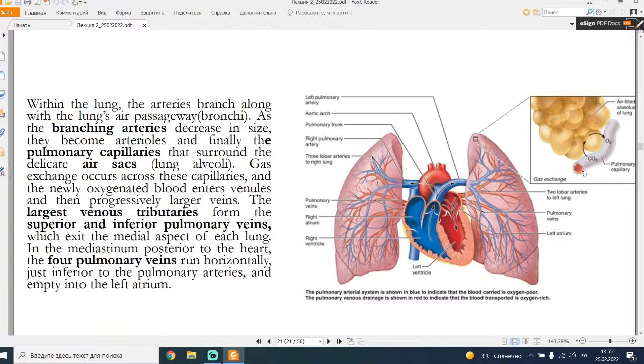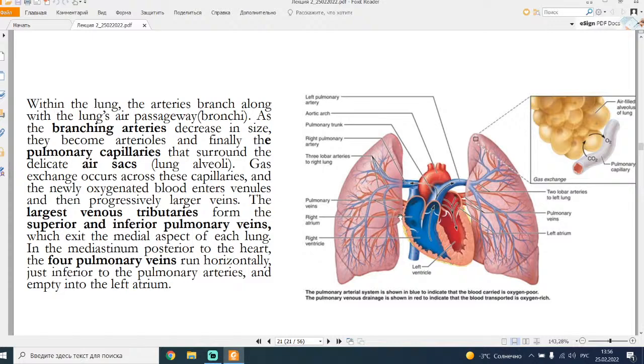occurs across these capillaries, and the newly oxygenated blood enters venules and then progressively larger veins. The largest vein, a tributary, forms the superior and inferior pulmonary veins,